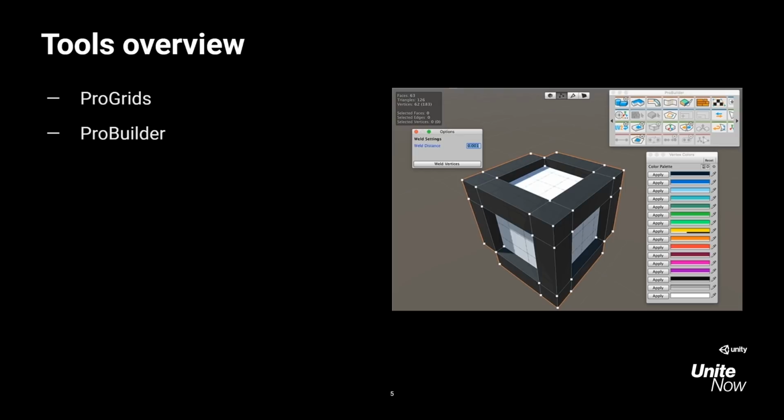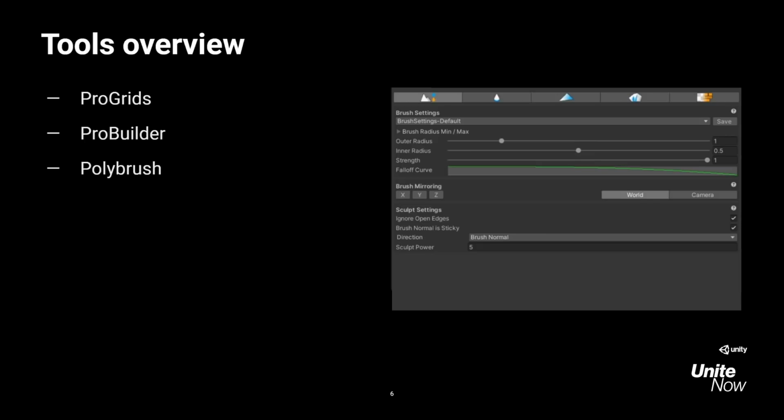You can use it for level design, prototyping, also on final assets if the art direction of your game is minimalistic and doesn't involve complex geometry. In that case, ProBuilder has also a powerful export feature that allows you to export your levels to any DCC tool, digital content creation tools like Maya or Blender, and easily tweak your models to add more detail and polish the model if needed. Polybrush enables you to blend textures and colors, sculpt meshes, and scatter objects directly in the